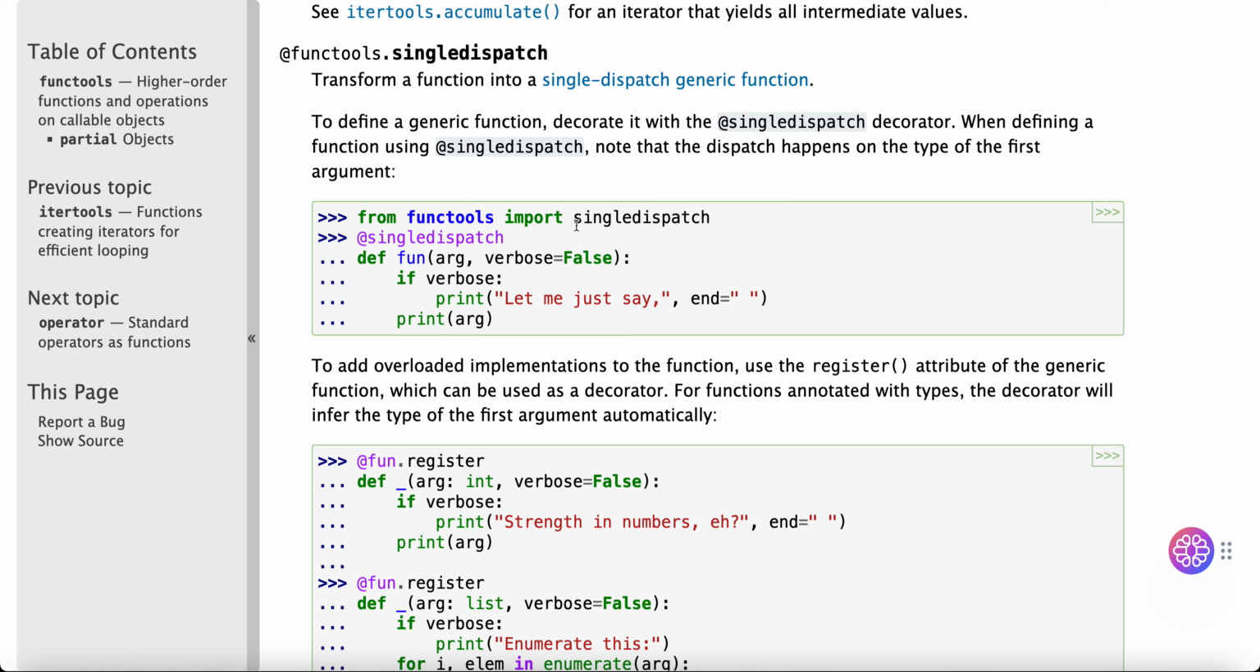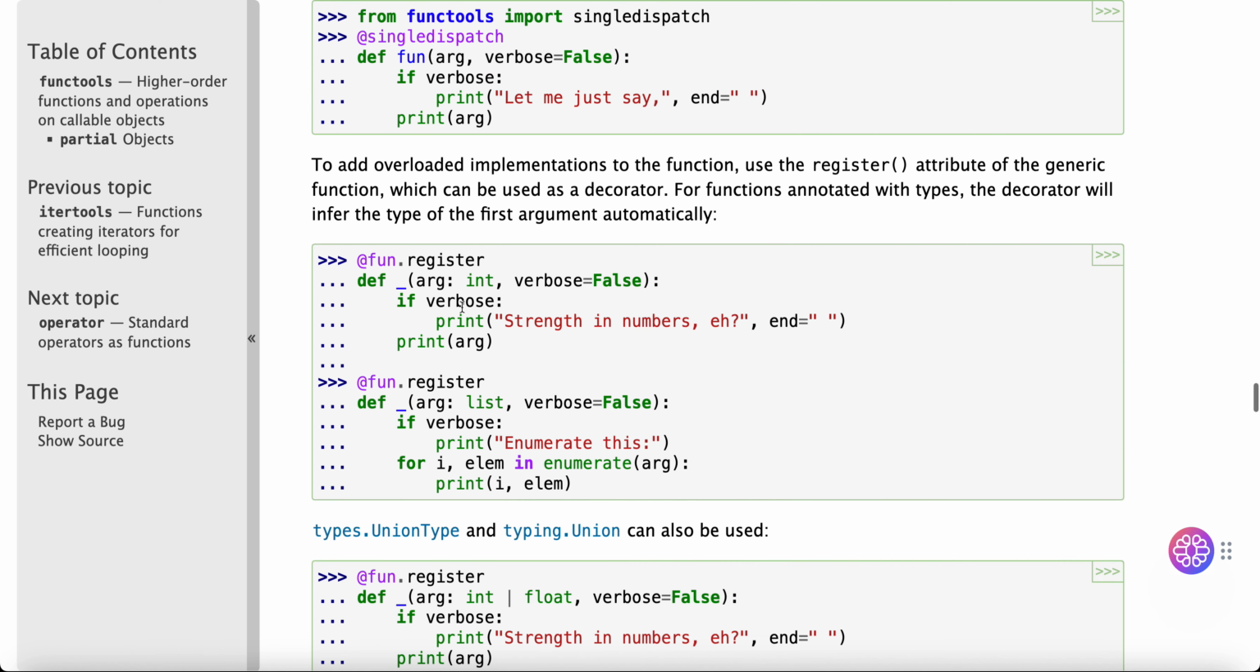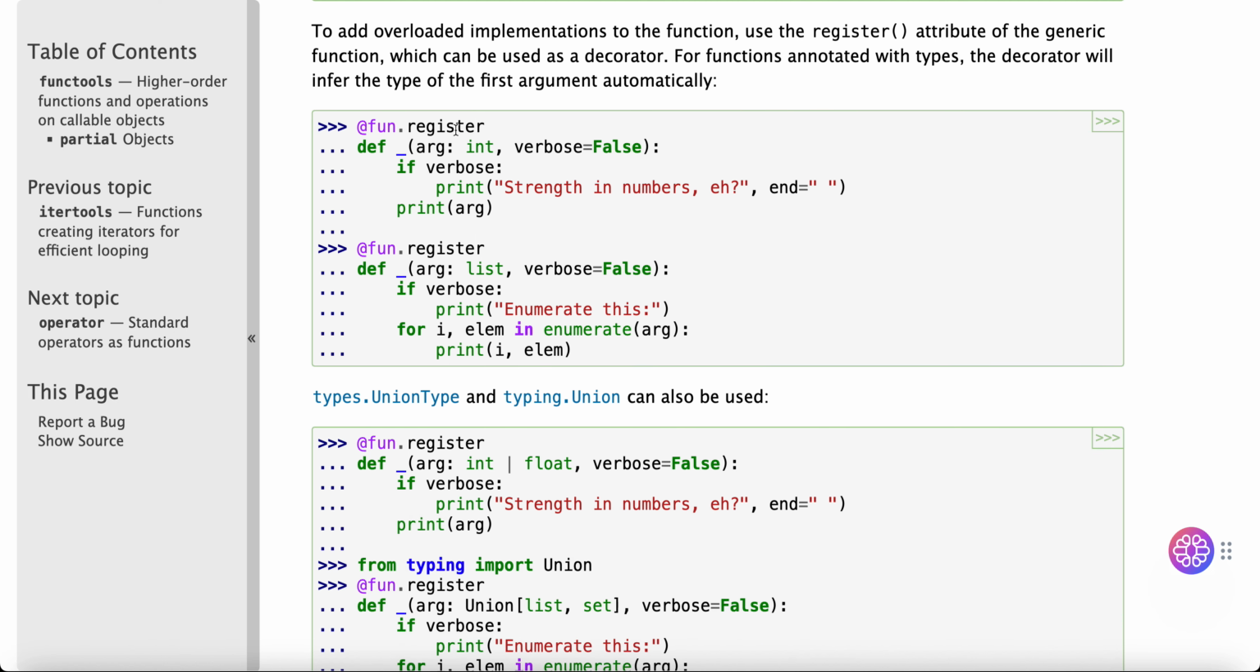From functools import singledispatch; @singledispatch def fun(arg, verbose=False): if verbose: print('Let me just say,', end=' '); print(arg). To add overloaded implementations to the function, use the register() attribute of the generic function, which can be used as a decorator. For functions annotated with types, the decorator will infer the type of the first argument automatically. @fun.register def _(arg: int, verbose=False):